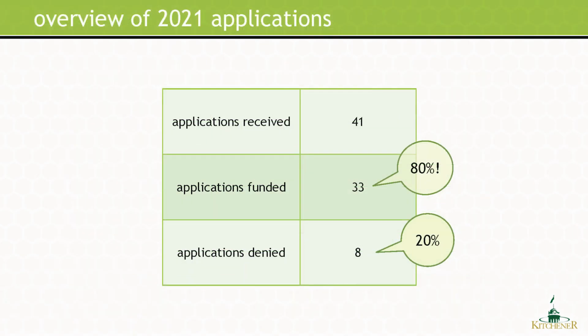As you can see, 80% of applications were funded and 20% were denied. You might wonder, what are possible reasons for denial? Often, denials are a result of a combination of factors that could include problems with the budget. For example, maybe the budget was incomplete, wasn't submitted on one of the templates provided, or didn't align with the information provided in the text application. All these factors raise questions for the grant review committee and make it difficult for them to understand the financial viability of the proposed project.